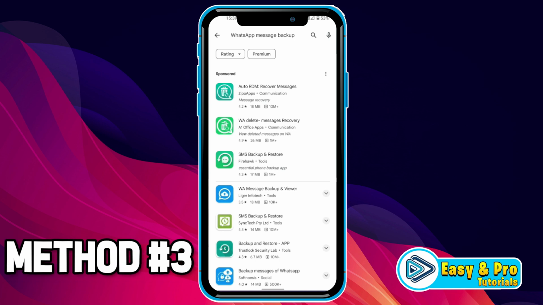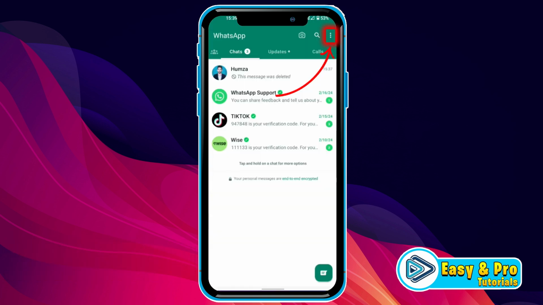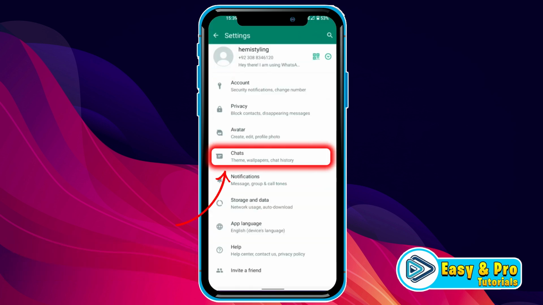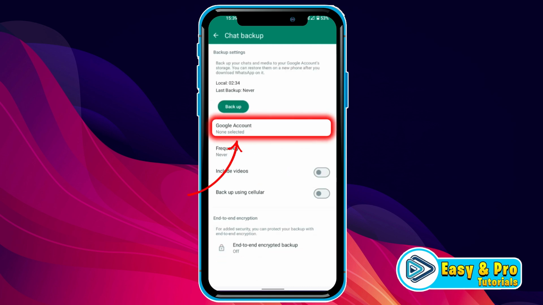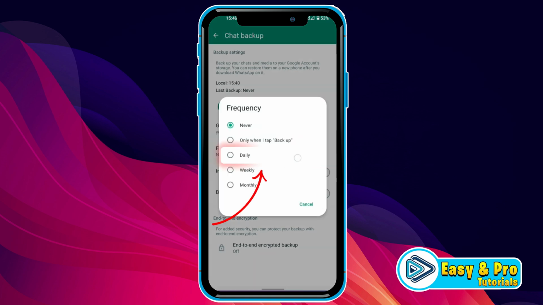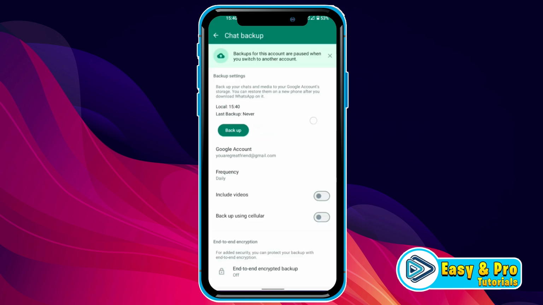So for the third method that you can try, open WhatsApp and click on these three dots and open settings. Open chats and here you will find chat backup. Open it. From here you can choose your Google account. After selecting your Google account, you have to open this frequency and select daily. Then it will back up your chats on a daily basis and it will help you to get the deleted